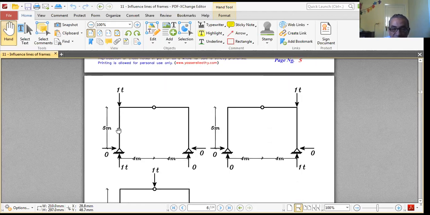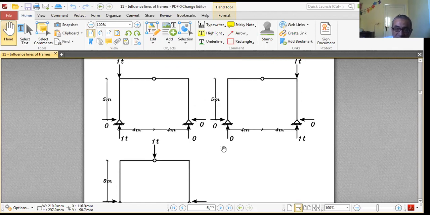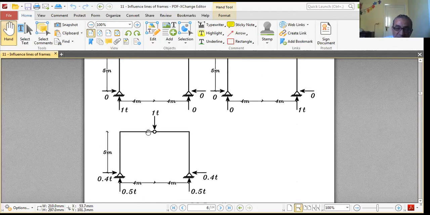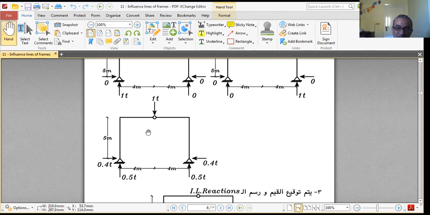So influence line on A, the load is 1 ton: XA equals XB equals 0, YA equals 1, YB equals 0. When the load of 1 ton is on B, then YB equals 1, XA equals XB equals 0, YA equals 0. When the load is on the intermediate hinge,